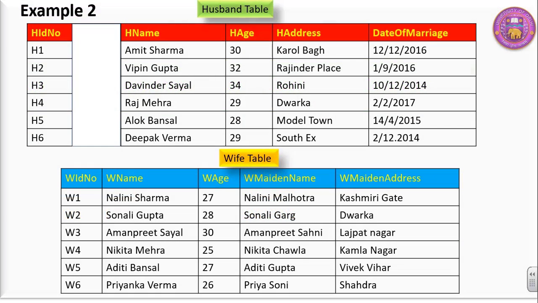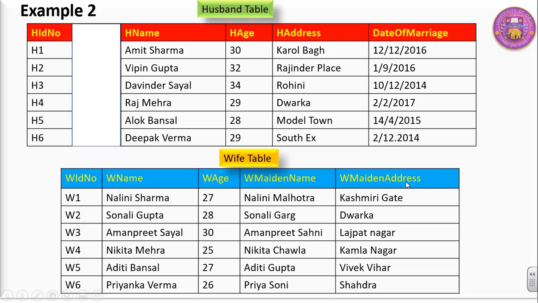Look at this particular table. There is one particular table termed as husband table and the second table is wife table. There are two tables on this particular screen. One is husband table and the second is wife table. We have husband ID, husband name, husband age, husband address and the date of marriage. Similarly, in the wife table we have wife ID number, wife name, wife age, wife maiden name and the wife